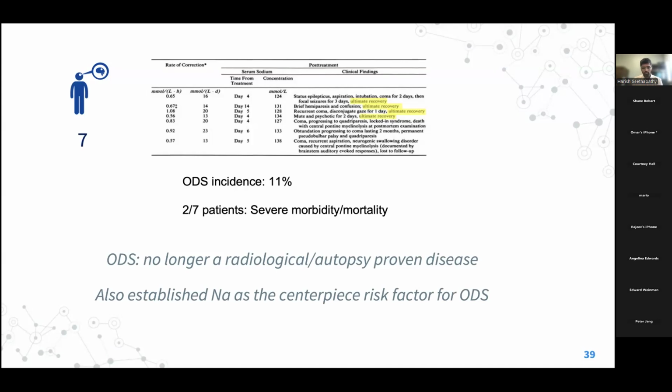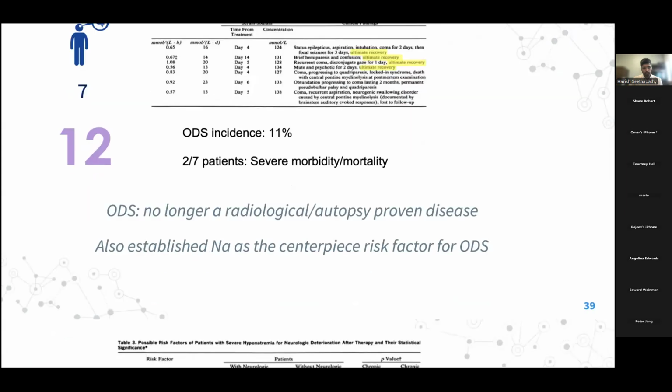We no longer studied CPM and tried to find the risk factors. We went from sodium, trying to see if we could prevent neurological complications by playing with the correction rates. This was also the paper where 12 was named as a number above which you had more complications than not. And that if you corrected faster than that, perhaps your risk of ODS was higher.